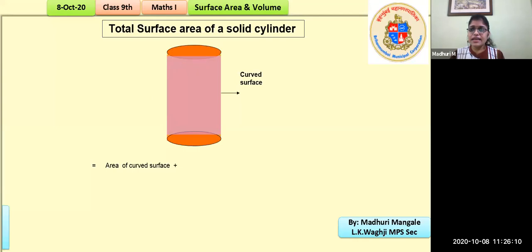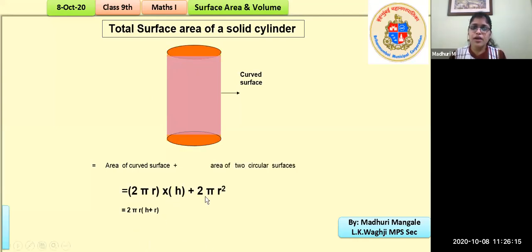So we are adding them up together. The curved surface area, that is 2 pi r h, plus the area of two circular faces, that is pi r squared. But since there are two circular regions, one is the top and one is the bottom, there are two circles, that's why it is 2 pi r squared, right? And then we pull out common factors from this to get 2 pi r times (r plus h). So let me quickly show the working here.